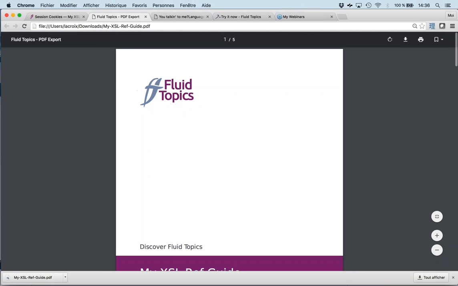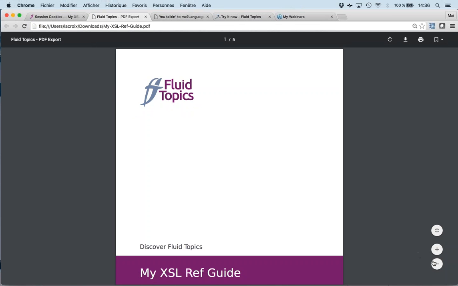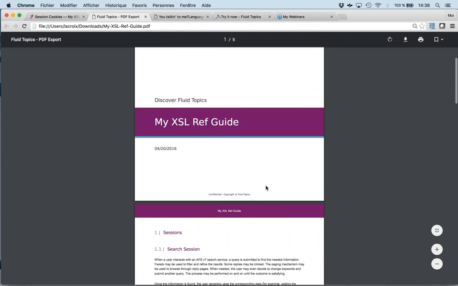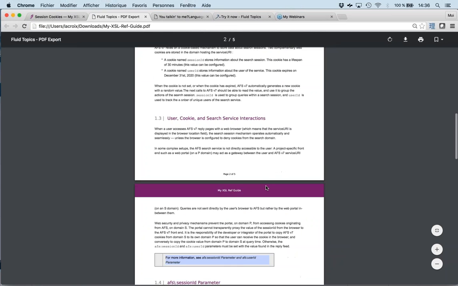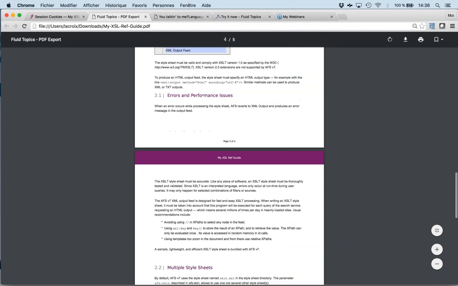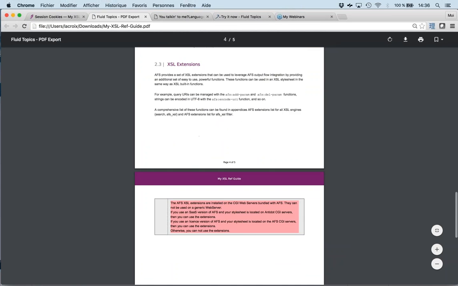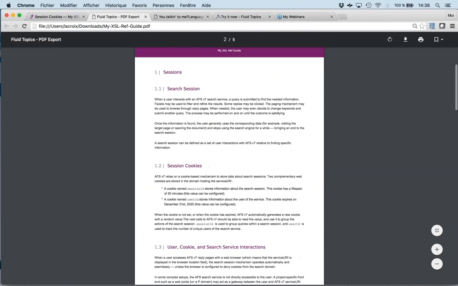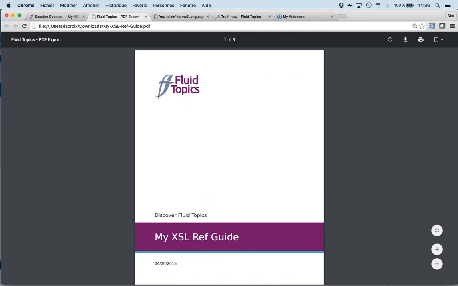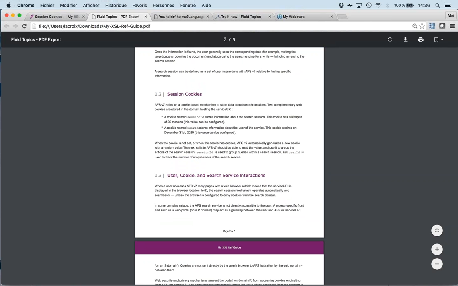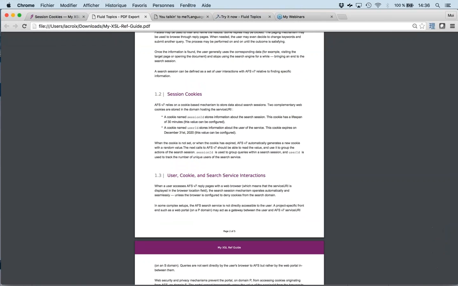So you see, this is the rendering we have defined for this website, for this guide that I've generated. So we can generate the PDF version on the fly of personal books. The idea of personal books is not to generate PDFs.